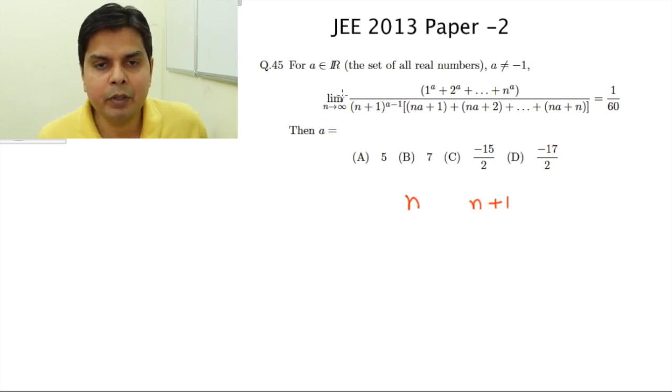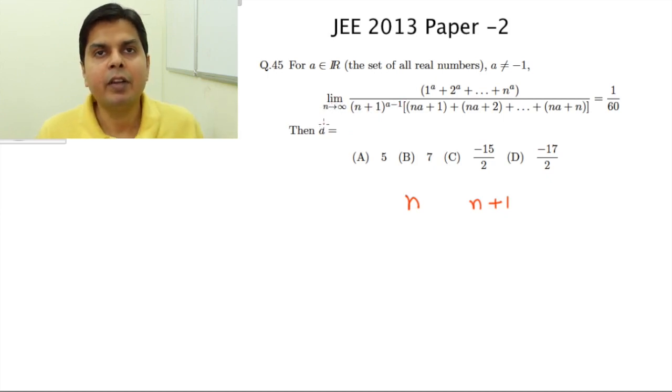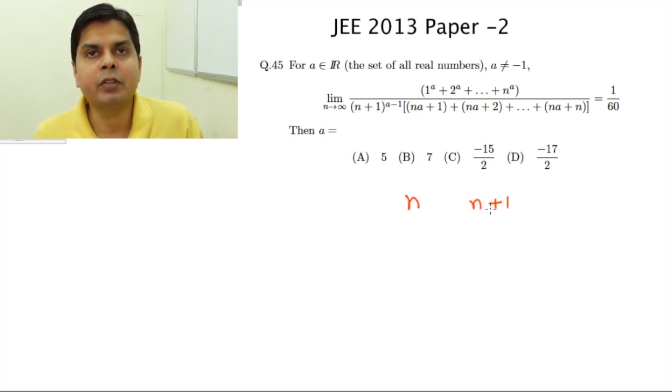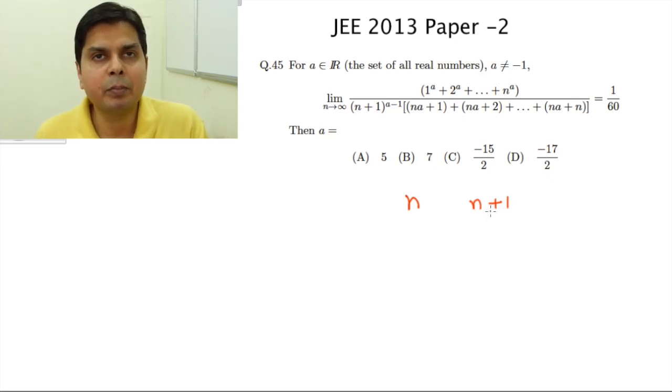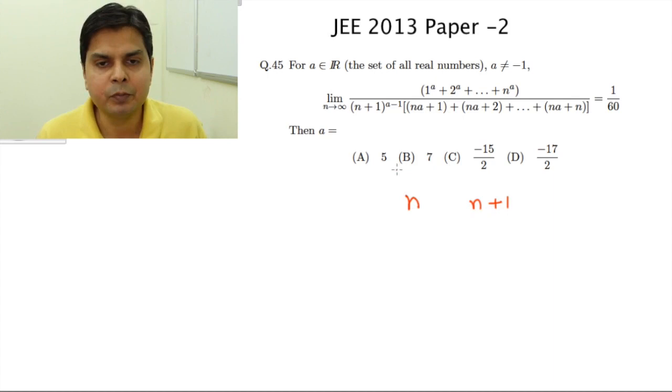Now that is very simple. I have to find the limit as n tends to infinity, and when n tends to infinity, there is practically no difference between n and n plus 1. Suppose it is 10,000 billion and 10,000 billion plus 1, there is practically very small difference. But I can use it like this also. So what I will do,